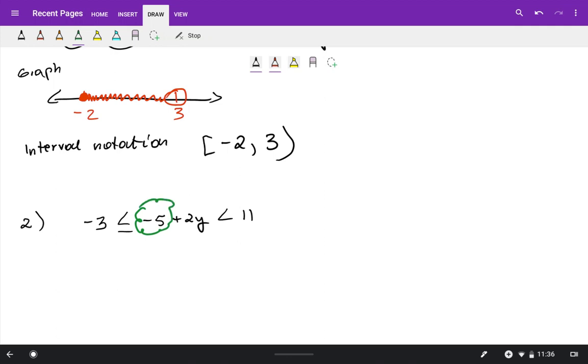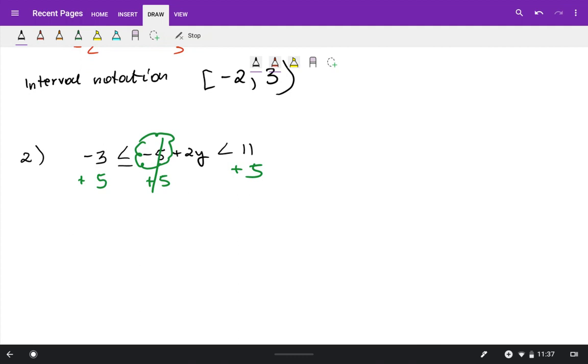I really want to get rid of -5, so we're going to use the opposite. I'm going to add 5 to the middle, 5 to the left side, and 5 to the right side. So that will cancel, and we'll end up with -3 plus 5, which is 2. Copy the inequality. In the middle, we have 2y, and on the right side, we have 11 plus 5, which is